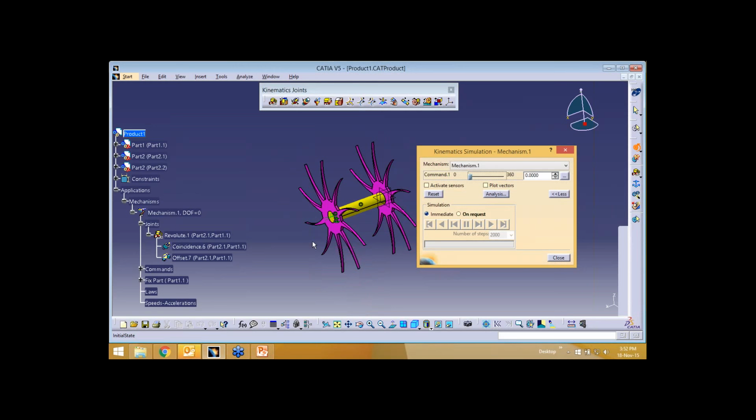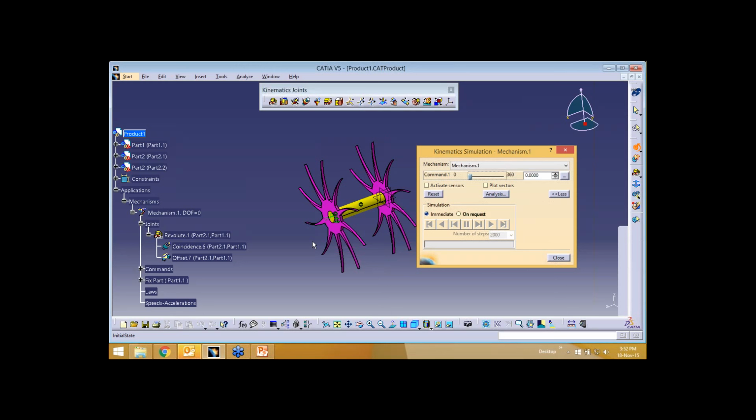We have seen how to create a rigid joint. We'll see one more example, because of time constraints we are unable to cover all the things. We will see one more thing, and then we'll move on. If we see here, to make this mechanism work, they have applied a prismatic joint, a point and curve joint, a revolute joint, and one more prismatic joint.